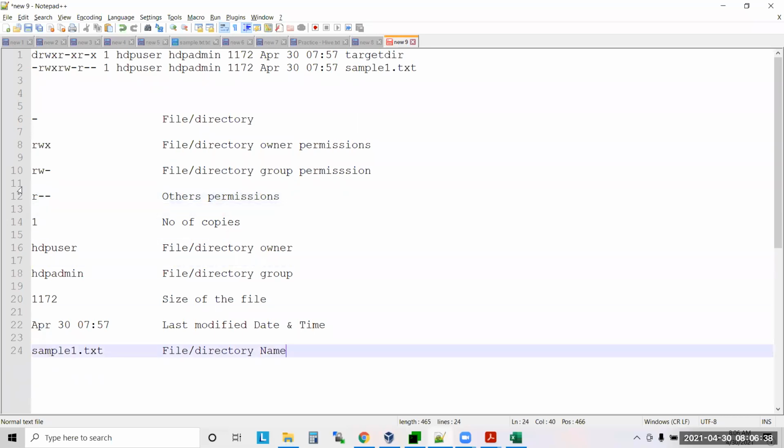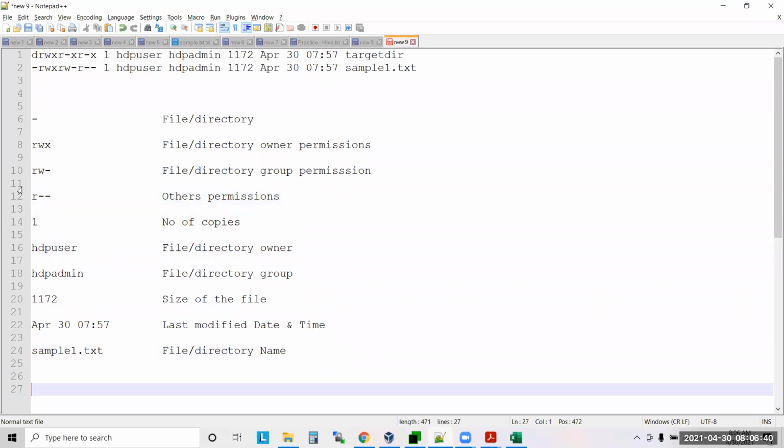So guys, let's say there is a file. If you want to see the content of the file, you should have read permission. If you want to modify the content of the file, you should have W permission.